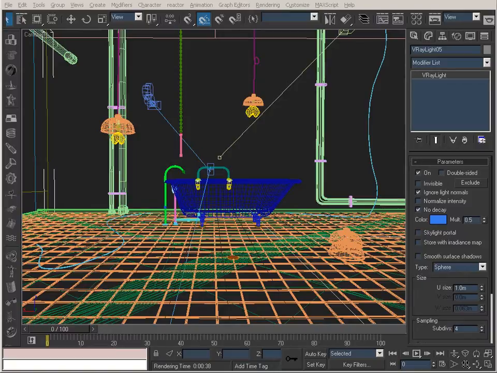So what I'm going to do is have some light coming from the outside, but I'm going to make it mainly be moon lighting of sorts, and then have most of the light from the inside come from the